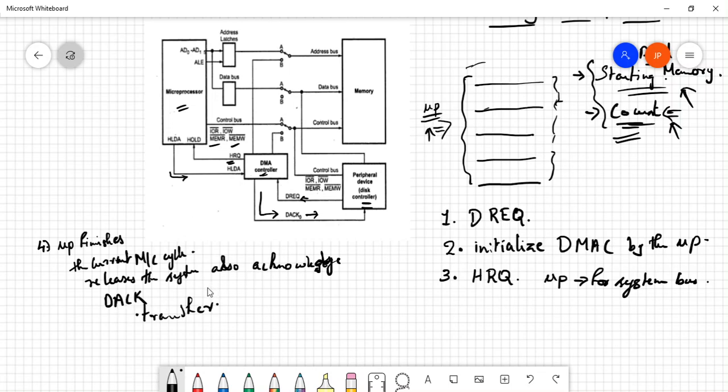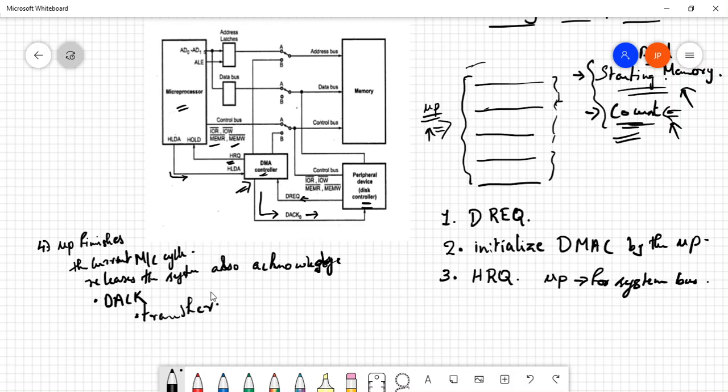Now once it is finished with the transfer of data, the DMA automatically increments the address of the memory location, and it will also decrement the count. That happens automatically because it does not require any instructions for that, because it is designed in such a way that it is used only for data transfer. So it is a device that automatically increments the memory location and transfers the data much faster than the processor can do it.